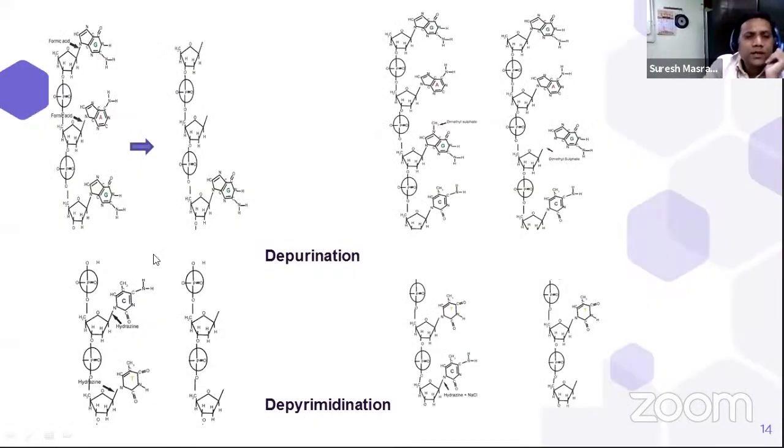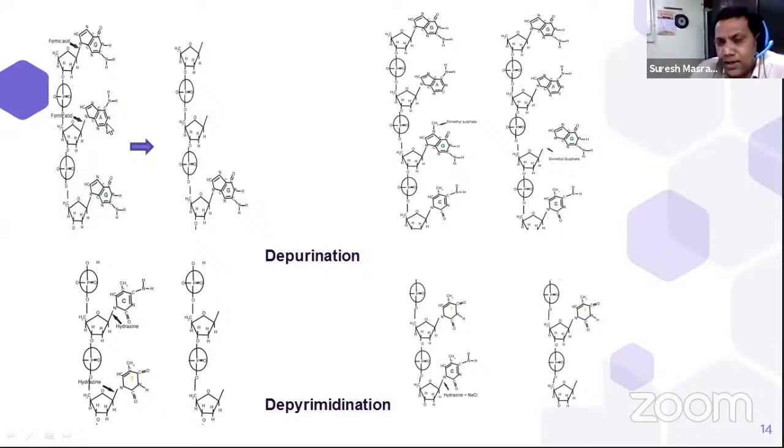Now, this is the single-stranded DNA fragment. Here there is ribose and there is guanine, and this glycosidic bond between the ribose and guanine, as well as deoxyribose and adenine, could be cut with the help of